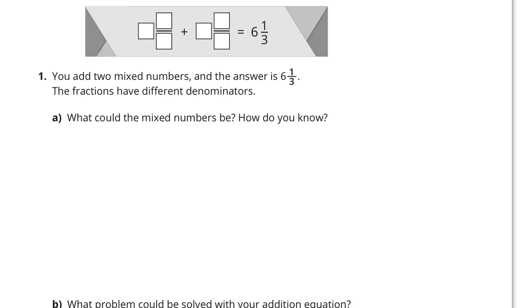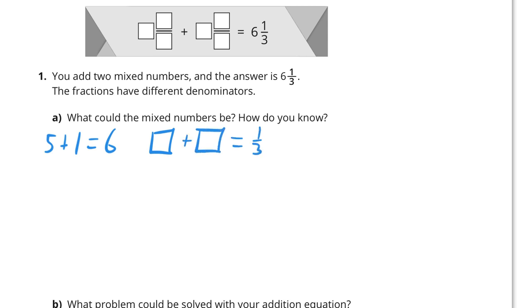The first part is fairly easy. All we need to do is find two whole numbers that add up to 6. It could be 5 and 1, it could be 3 and 3, it could be 4 and 2. Let's just go with 5 and 1. Simple, done. Next, we have to find two fractions, we don't know what they are, that add up